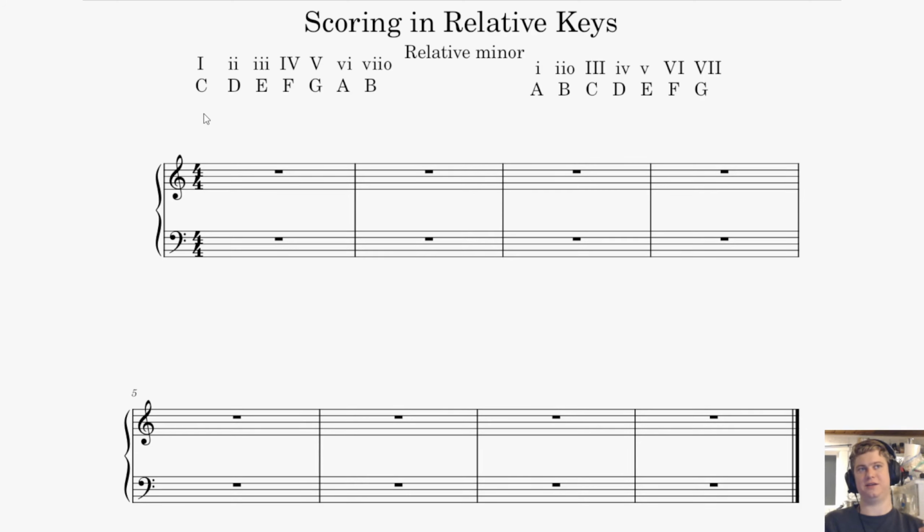And again, the relative major and relative minor share the same exact notes, and this is when we're thinking about the natural minor scale. So that leads us to the next section: here in this video we're going to use what is known as the Aeolian mode, or the natural minor scale. This is the foundation of what a minor scale is, but it's good to know that oftentimes when you're scoring in minor, you're going to be using a variation of the minor scale, and that would be the harmonic minor, which you're normally going to use in harmonic moments, and then you have the melodic minor, which you're normally going to use in